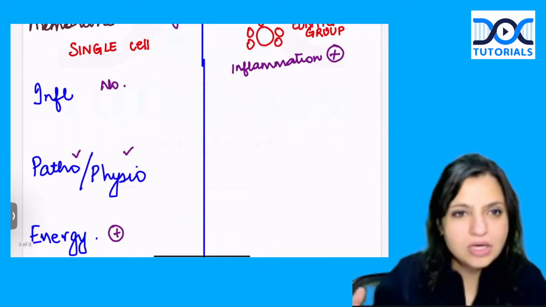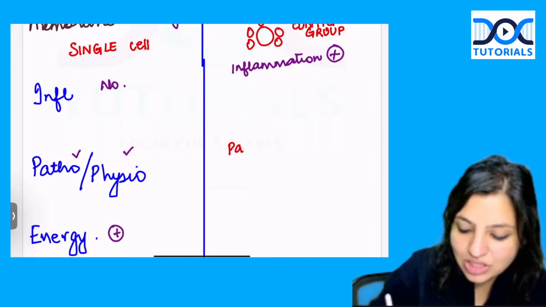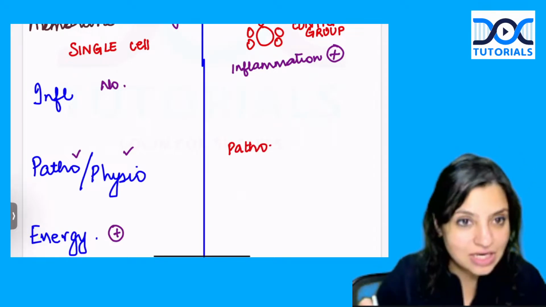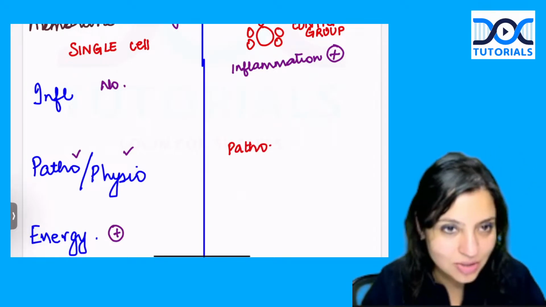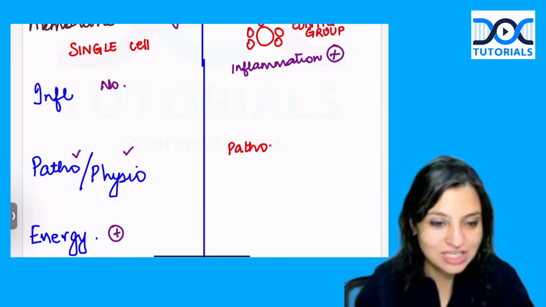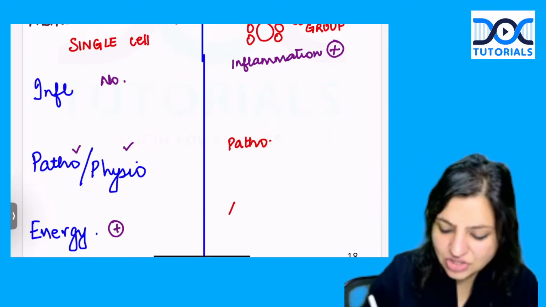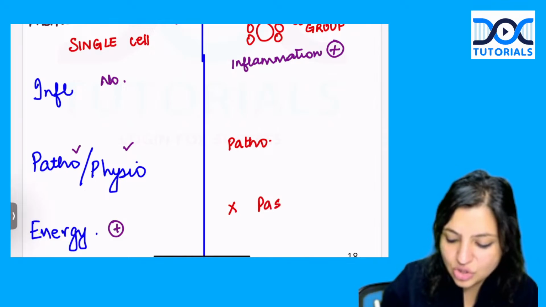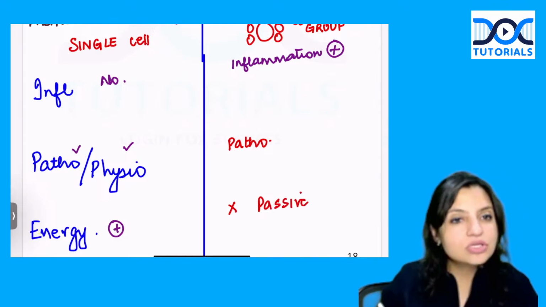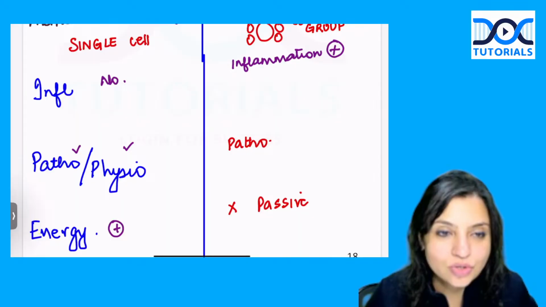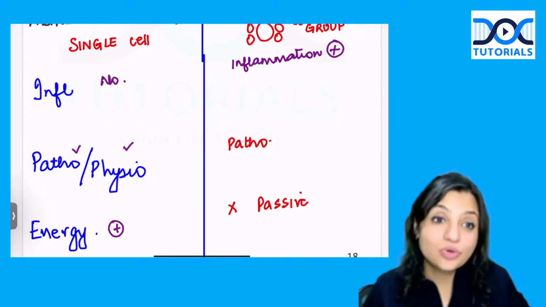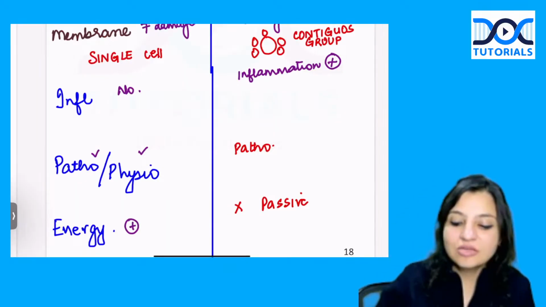Now, always remember, usually necrosis is pathological, okay? It's not physiological. If somebody is trying to murder you, there's something pathological about it, okay? So it's always pathological. And it does not require any energy. It's a very, very passive process. It's a non-programmed process because today you also do not know that somebody's going to come and kill you. Okay, so that is the point that you have to be clear.